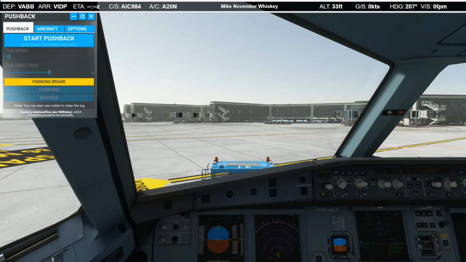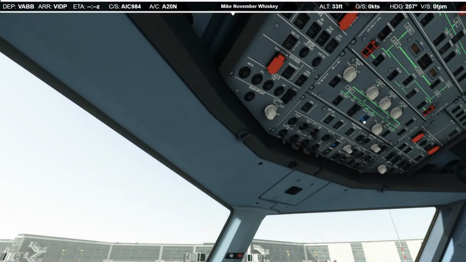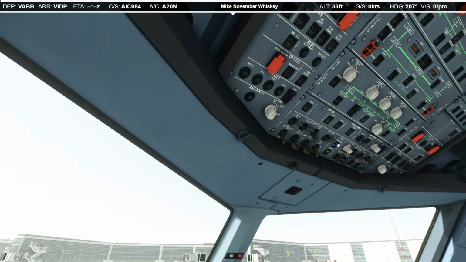Alright, both engines are available. We're setting engine mode selector back to normal. We'll turn our APU bleed off. Engine anti-ice is not required. APU master switch off. Now that we're running on engine power. Ground spoilers are now armed. Rudder trim is 0. Flaps are going to set to takeoff 1. And pitch trim.